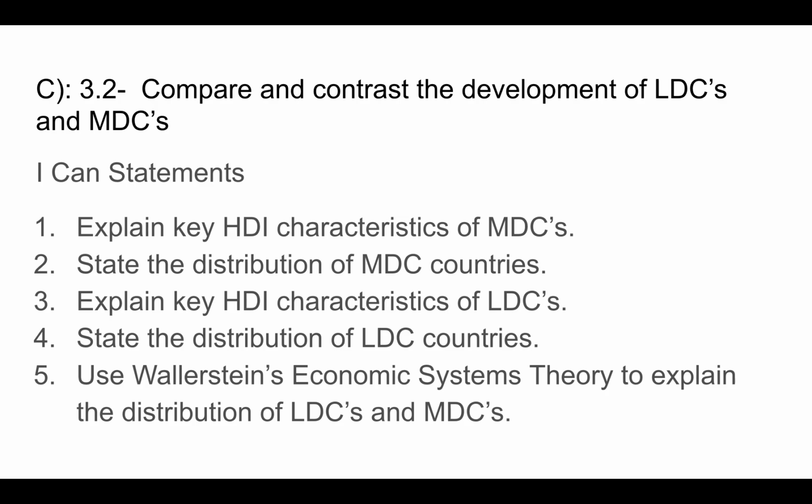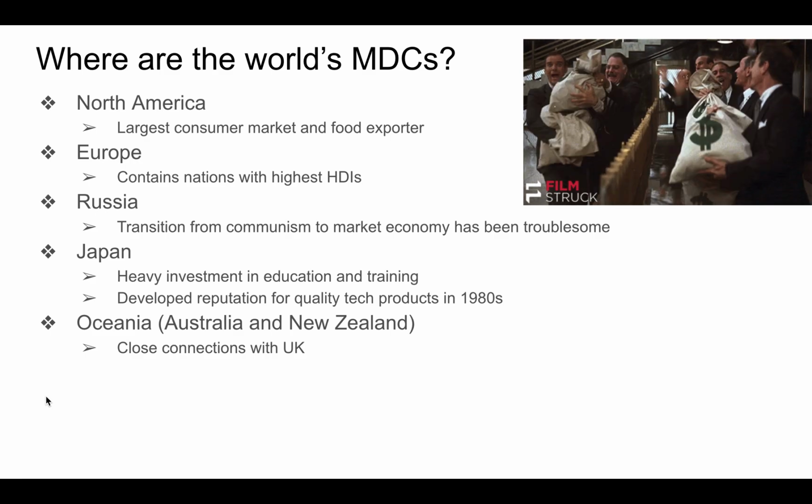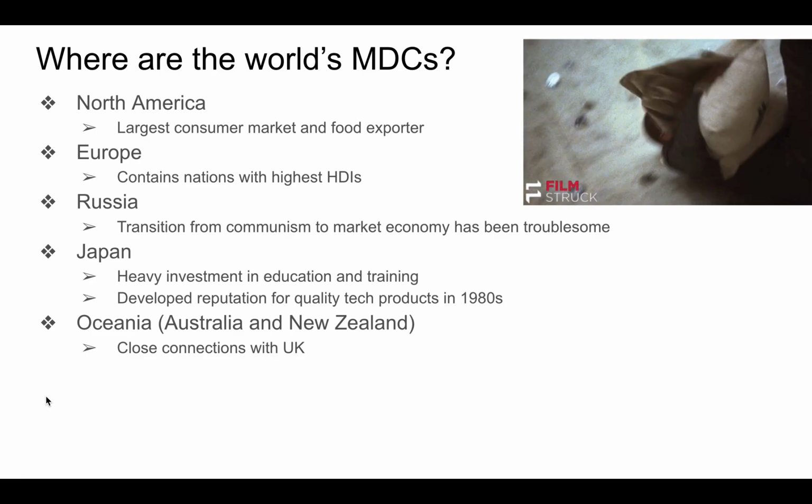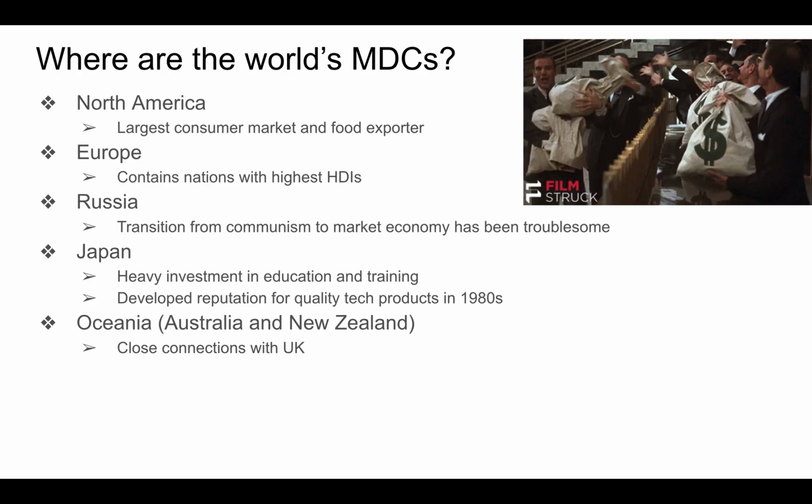And then 5th is use Wallerstein's economic systems theory to explain the distribution of less developed countries and more developed countries. What are world MDCs? They're found in 5 particular regions. North America, reason being, largest consumer market and food exporter, and one of the largest